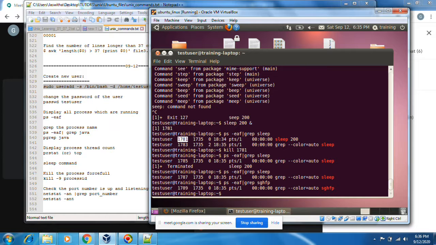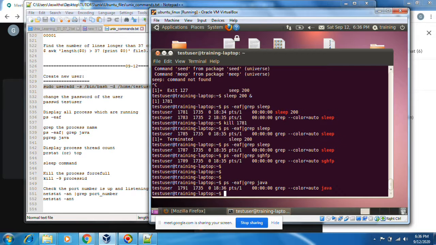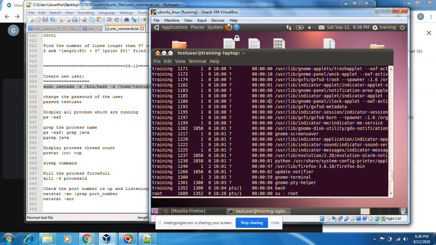How can we know the process is running? Apart from this, it should display two things, two lines. One line is only for this process, and the second one, this is the main thing. This is what we have to note. In this place, which process, which application is running, we can check here. If you want to check any process related, any Java application running, you can put Java. It will display. Now here it's not displaying.